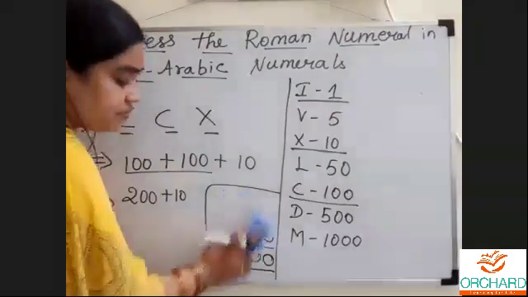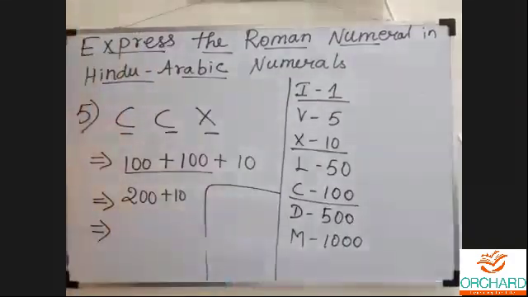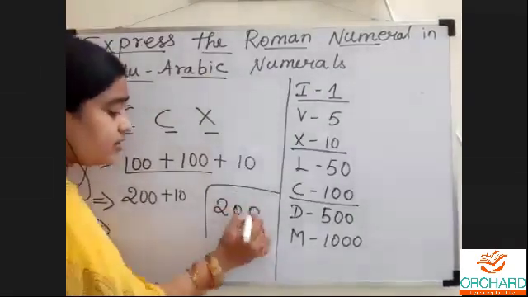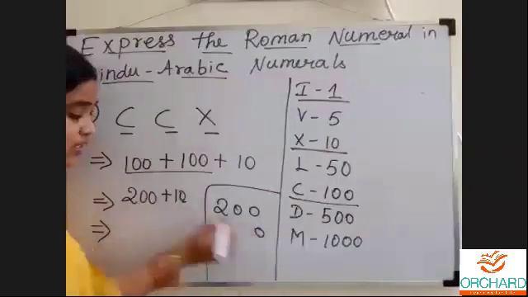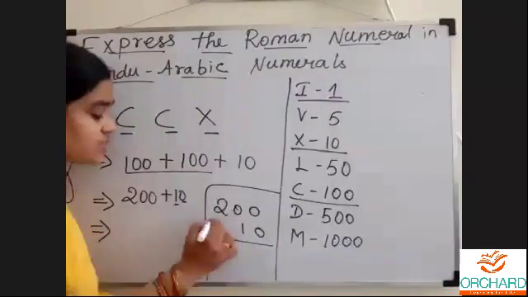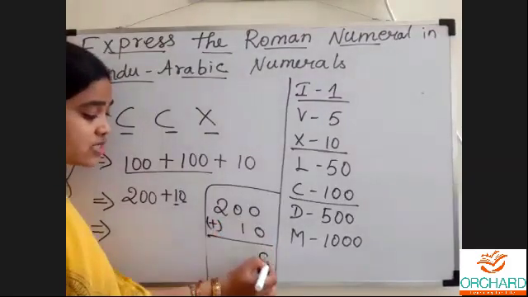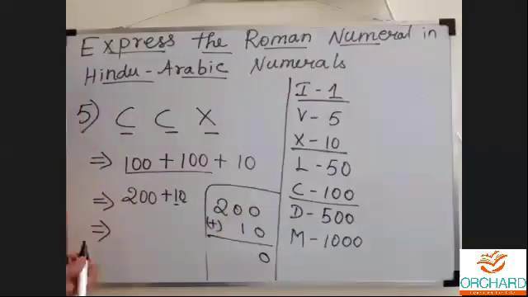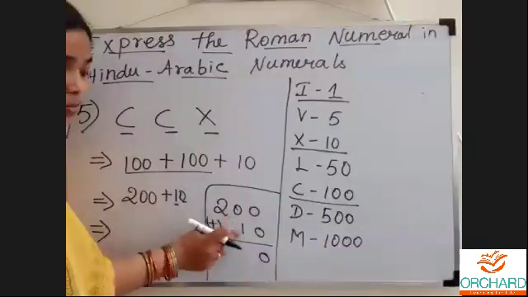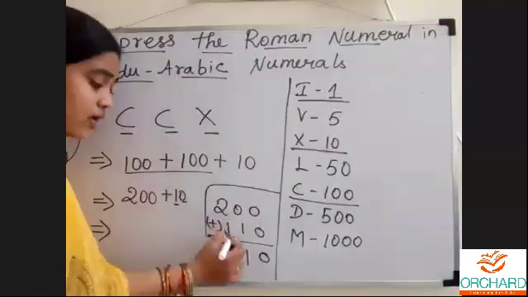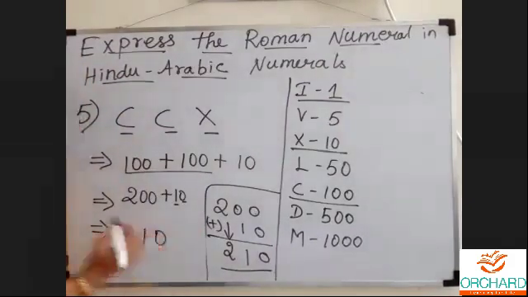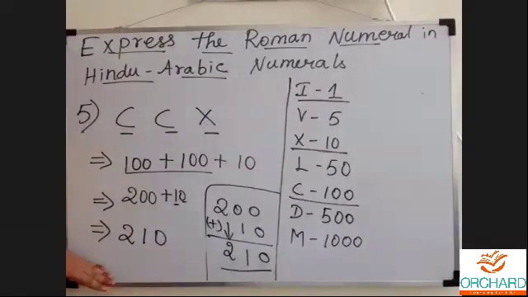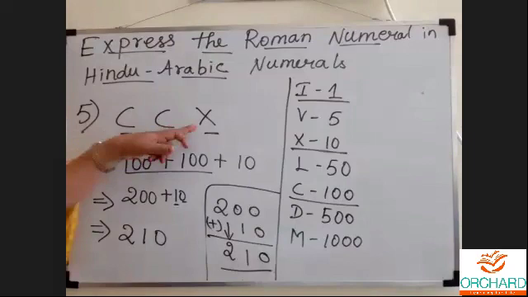Just add and find it. Here we are going to add 10 with 200. Start from the ones place. 0 in ones place, the next value 1 in tens place. Now add it here. 0 plus 0 is 0. Any number added with 0, what do we get? We get the same number. So 0 plus 1 is 1. Now put down the next value, 2 as such. So 200 plus 10, we get 210. Is it clear, children?